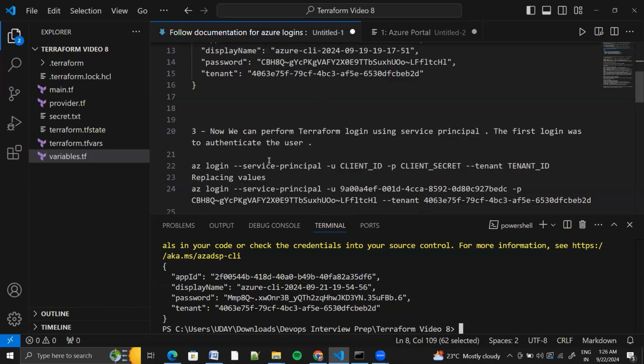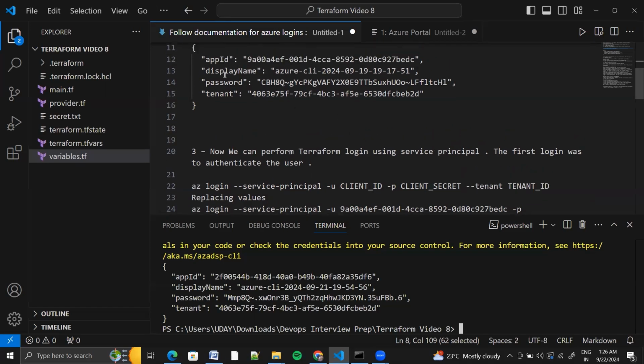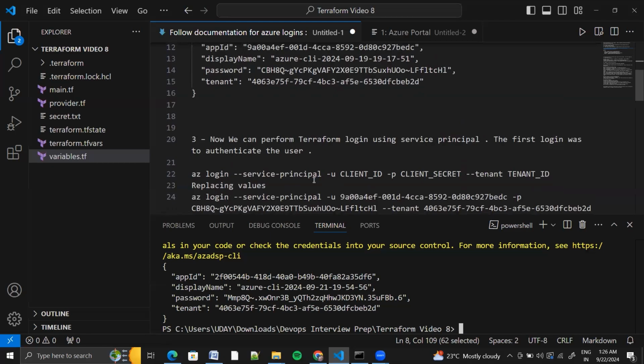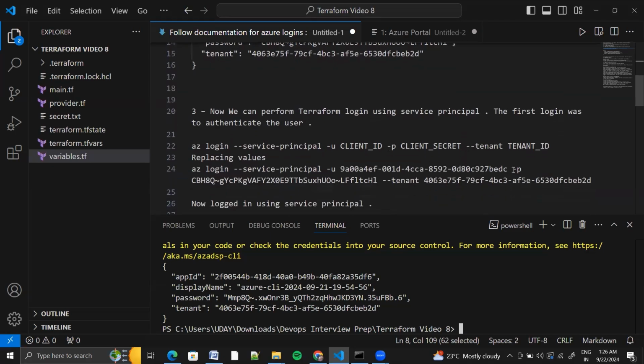So the command for that is az login service principal u client ID p client secret and tenant ID. So we have seen that we have already got these values and what they mean. So what is client ID, what is client secret, and tenant ID. So in this particular command, we'll be using these particular values. So if I replace the required values,